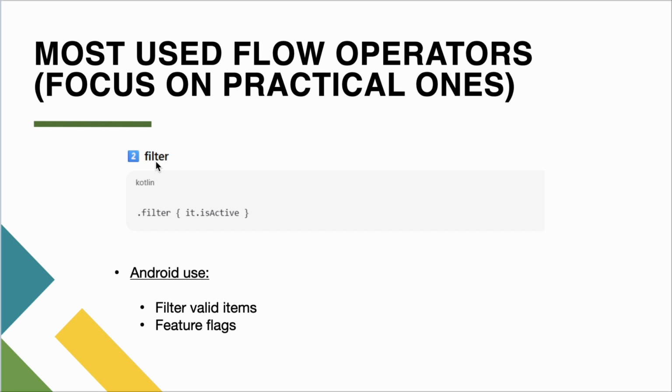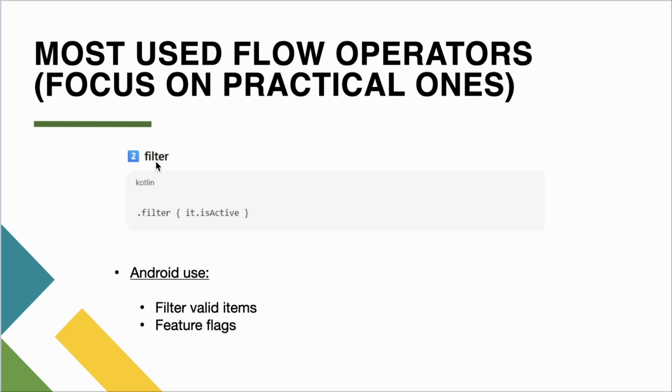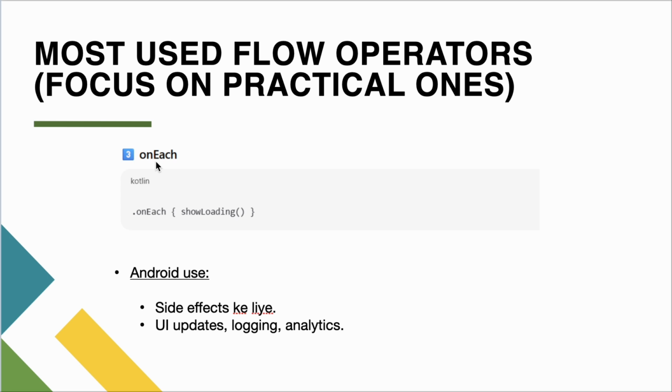Okay. So I hope this makes clear to you the difference between the map and the filter. With map, we have to do some modification, add something on top of it. That would be the case where you would use the map operator. If you just want to include or exclude something, then you would go ahead with the filter operator. Right? Now let's go ahead and understand the third operator, that is on each.